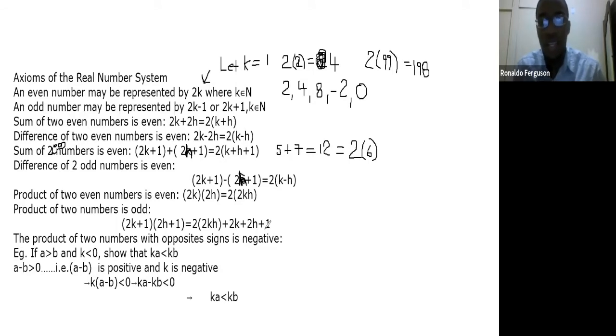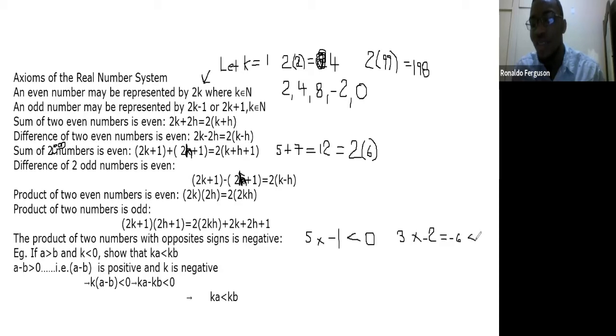Now finally, the last axiom of real numbers is the product of two numbers with opposite signs is negative. So for example, if I multiply 5 times negative 1, then the result is going to be negative. Negative means the result is going to be less than 0. 5 times negative 1 is negative 5. If I multiply 3 times some negative number, negative 2, the result is going to be negative 6, which is still less than